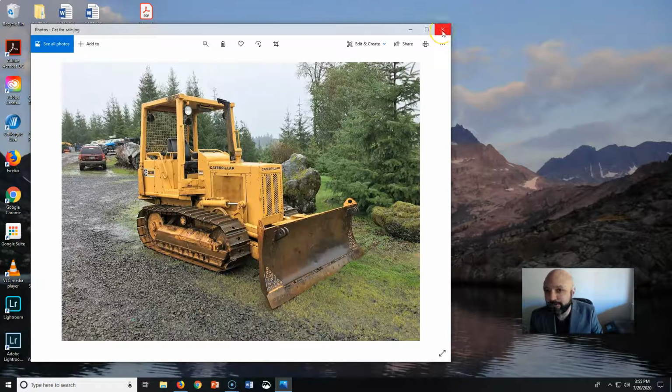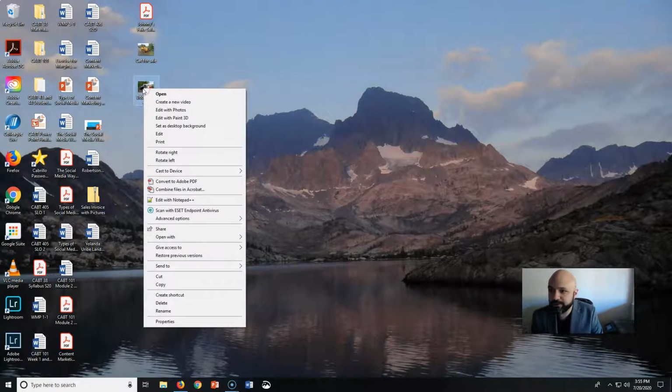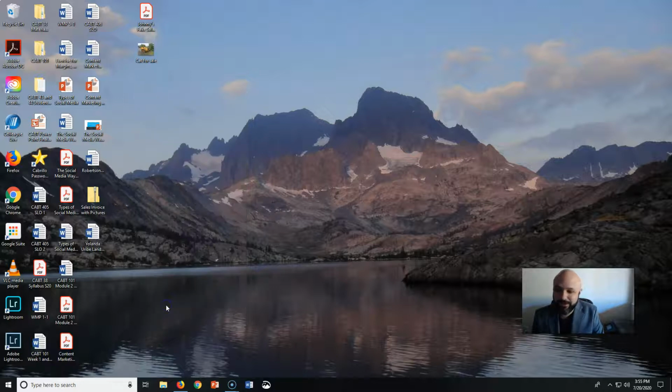Now I'm going to use the left click, clicking on this red X to close this window right here. Now the right click opens up a context menu. So I'm going to right click on this picture, and notice I get a big list of menu options. For example, if I'm done with this file, I can go all the way down to the bottom, well, third from the bottom, and I can click on delete. When I click delete, using the left click, not the right click, it disappears.